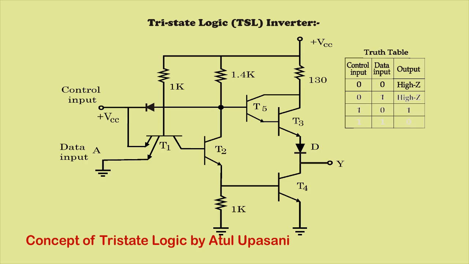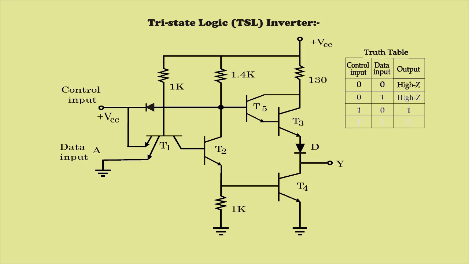So if data input is connected to logic 0, it means that the emitter of transistor T2 is connected to the ground terminal. And if another emitter, that is the control input, is connected to plus VCC, we do not have to bother about this because both the emitters are in parallel and one of them is connected right now to the ground terminal. So current can easily pass through the emitter which is connected to ground, that is through input A.